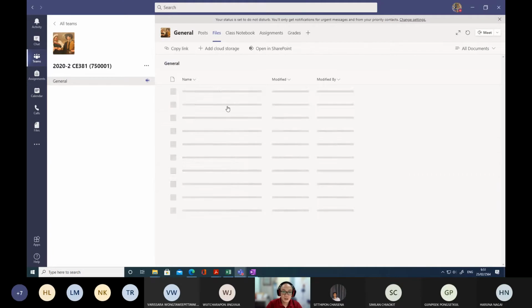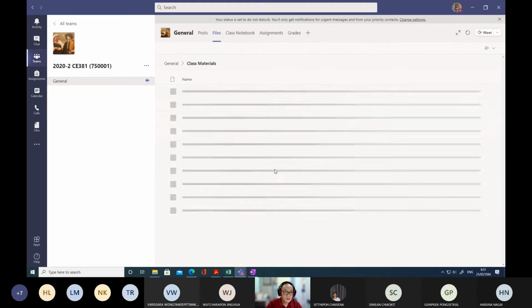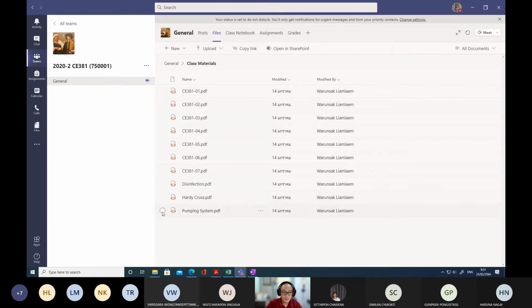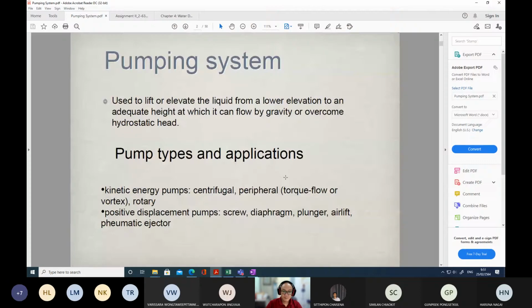Here in general, in class materials, you'll find two separate presentations related to chapter 4. One is the pumping system, which I will use for today's lecture, and the other one is the head loss. This is also one part of chapter 4. So for the pumping system, of course, we all know that pumps are one of the most important components used in both water and wastewater